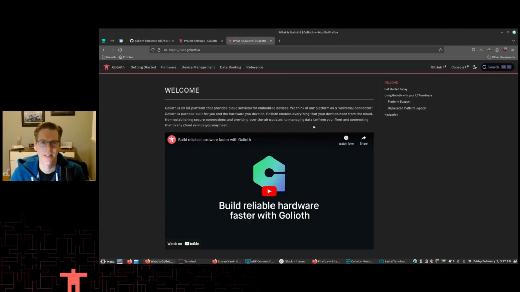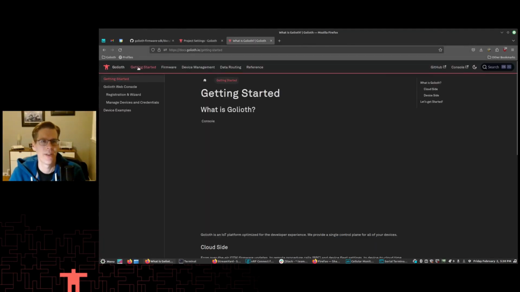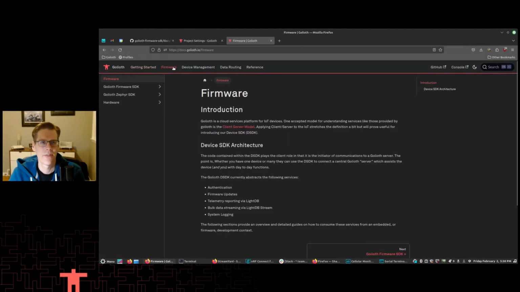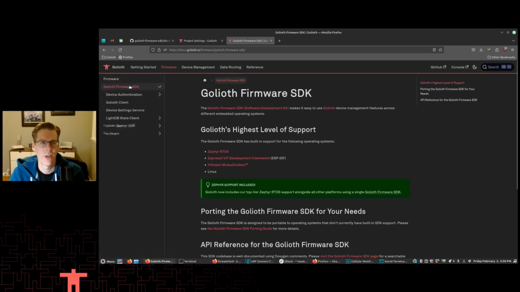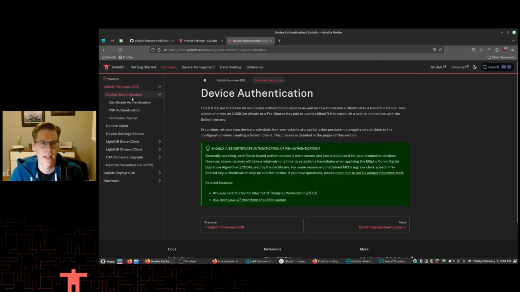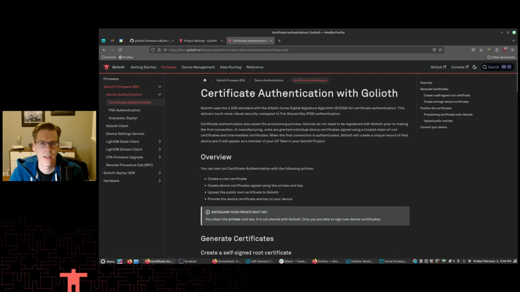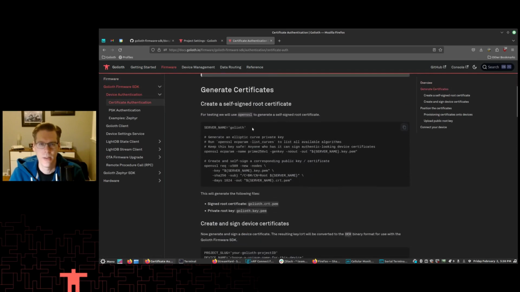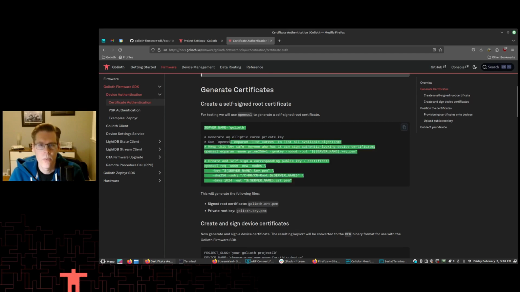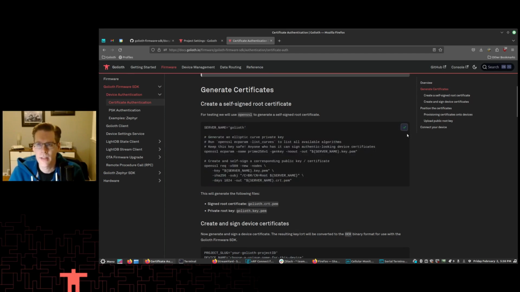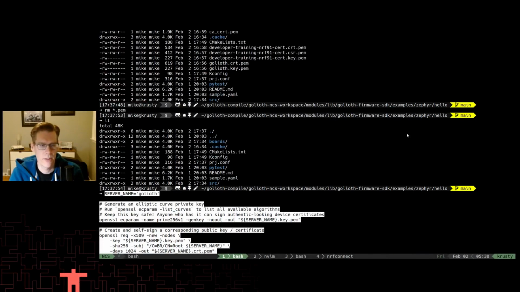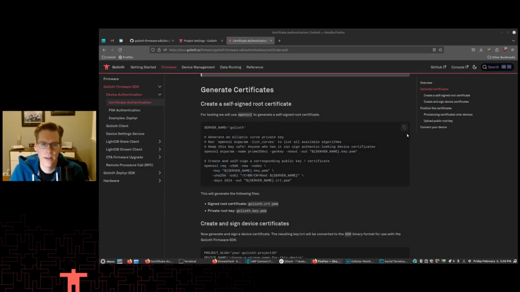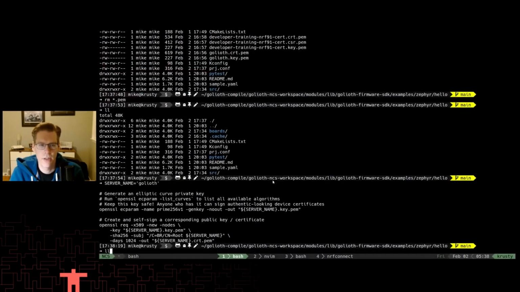How do we make certificate authentication credentials? So let's go to the firmware tab under Golioth Firmware SDK and hit up device authentication. And there is a certificate authentication tab in there that will run us through it. So I'm just going to start off with this whole thing. I guess I can click here, which we should be good to run that whole thing. And then that will have generated